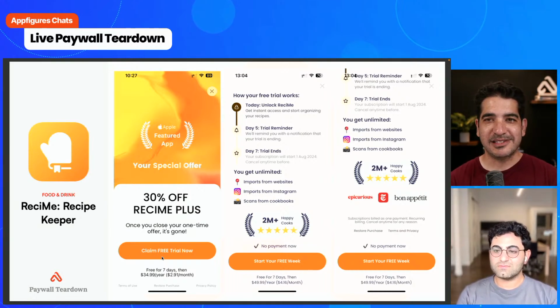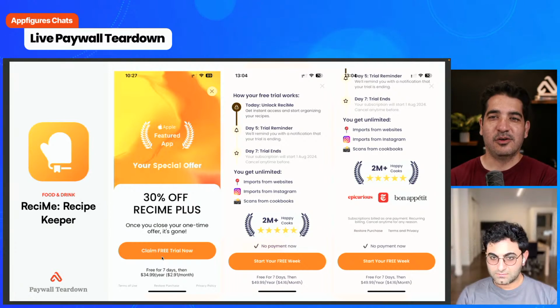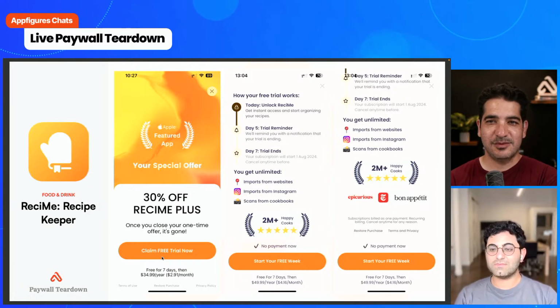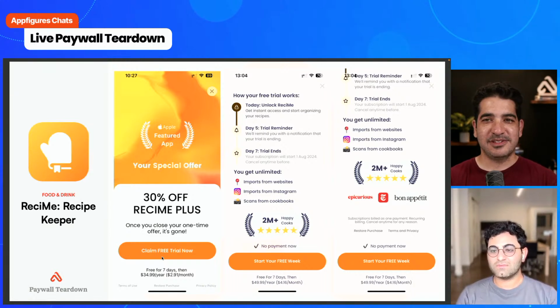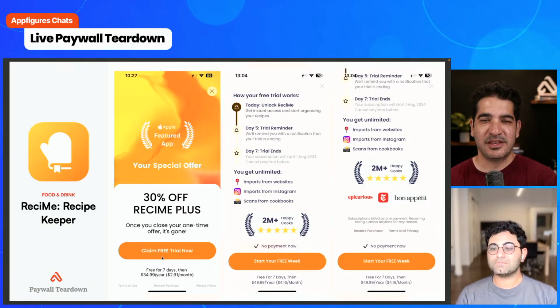The one thing that I don't love myself is having someone dismiss something and then automatically get a real discount. And in this case, it doesn't sound like this is a real discount. It sounds like this is the difference between annual and monthly. But then people could game this and always just dismiss the paywall to get some sort of a real discount. So I personally would stay away from that. I would personally stay away from discounts in general unless they really make sense, like an end of year sale or summer sale or something really specific. But they do work, and within the Apple ecosystem, they work so well, and everything changes automatically. So it's intuitive, and we know that it works.